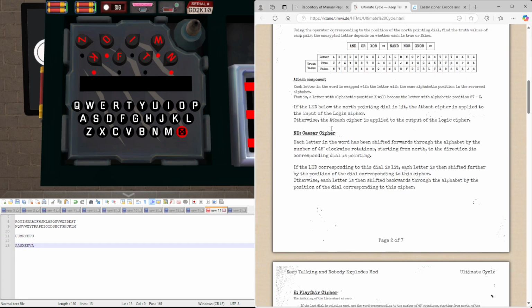Then shift each one backwards by the rotation, so minus 2 Y, minus 3 X, minus 7